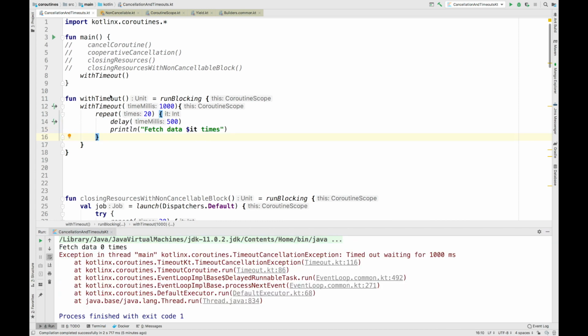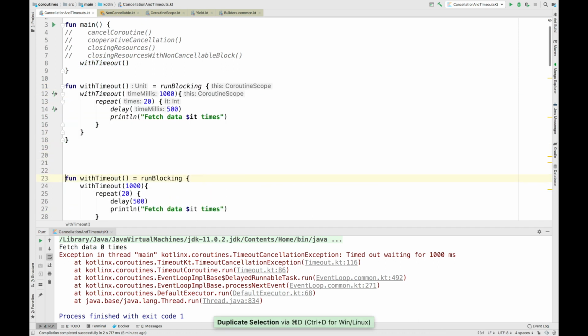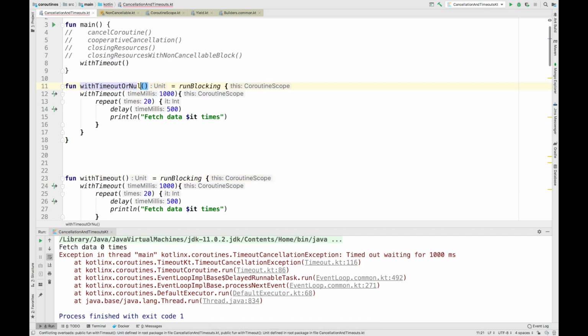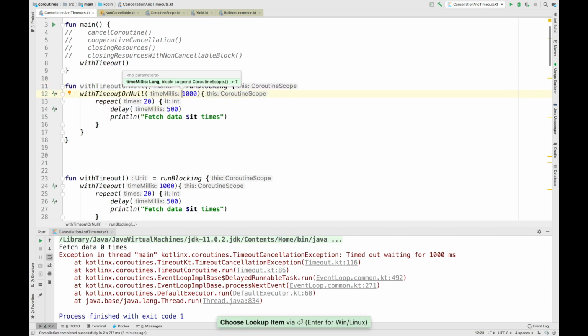Now another variant of withTimeout is withTimeoutOrNull. So I'll simply copy this function again. I'll call it withTimeoutOrNull. So we have another function, withTimeoutOrNull. If you use this function, what will happen? You will not get the stack trace. It will simply return null.